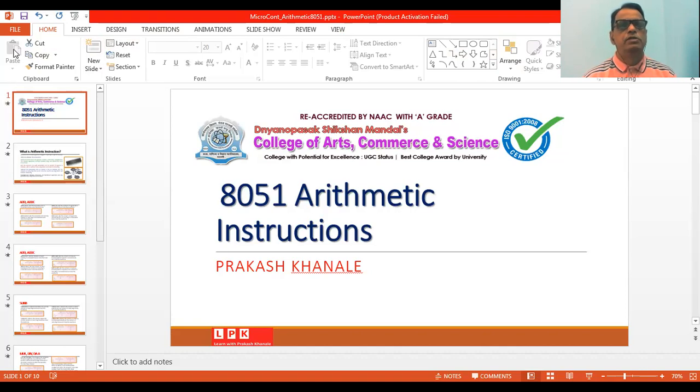In this session, we will see what we mean by arithmetic instructions for the microcontroller unit 8051 and what kind of arithmetic operations we are able to perform by using this microcontroller unit 8051. Also, we will go for the discussion of different examples. That is, we will see the syntax of writing the arithmetic instructions for the microcontroller unit 8051, and also we will see some examples and what kind of semantics is associated with the different instructions of